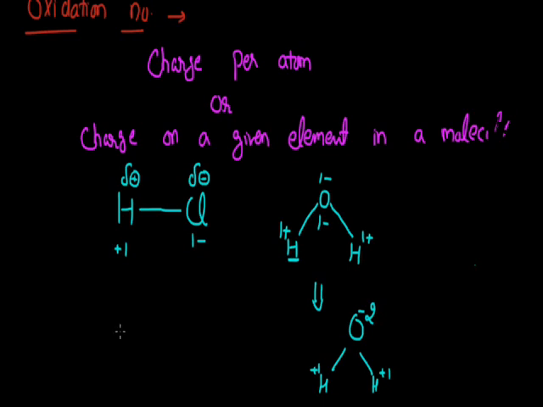Such as the ionic compound sodium chloride. This ionic compound is formed by the reaction of the sodium cation, which has a real charge, and the chlorine atom, which has the real charge of -1, since it is present in the form of chloride ion. Then the oxidation number of sodium is 1+, while the oxidation number of chlorine is 1-, that is, the real charges present on them. So this is about the oxidation number concept.